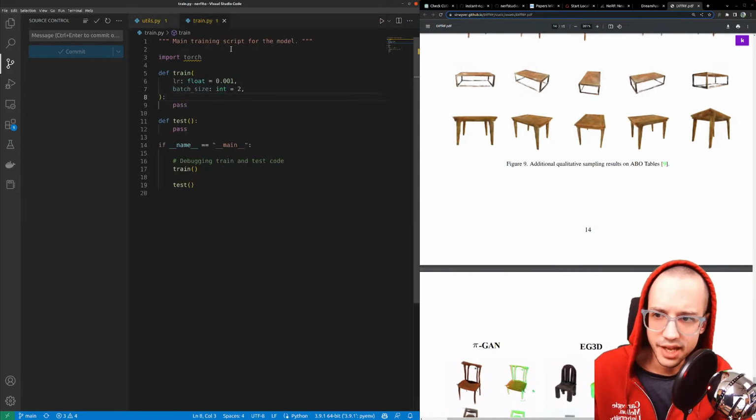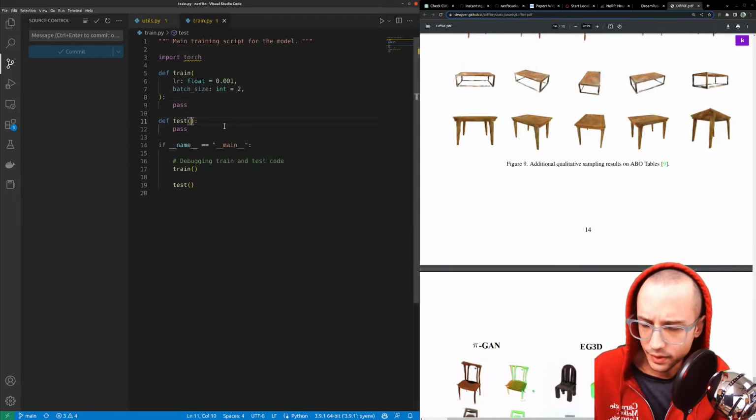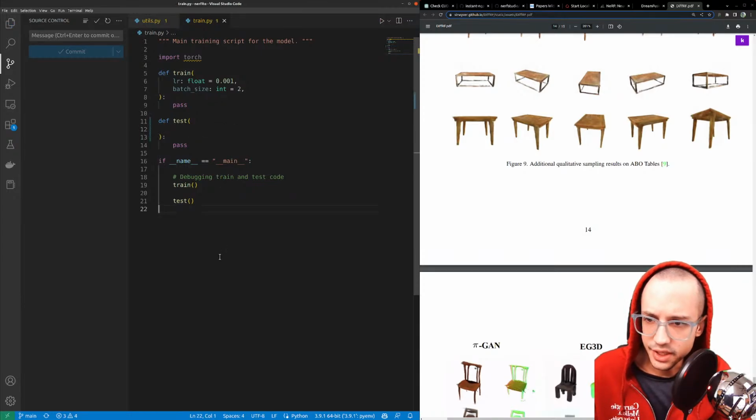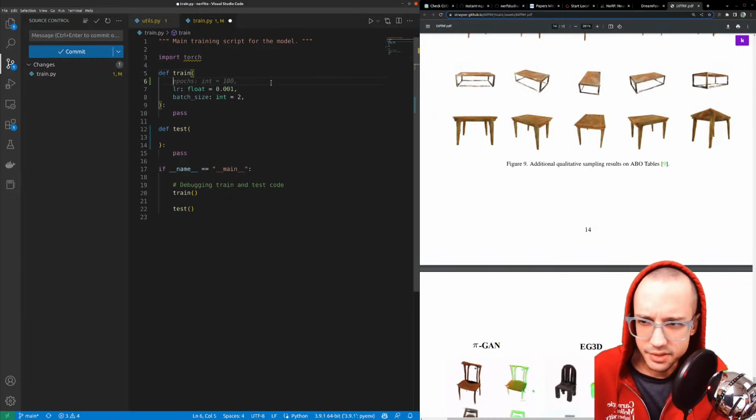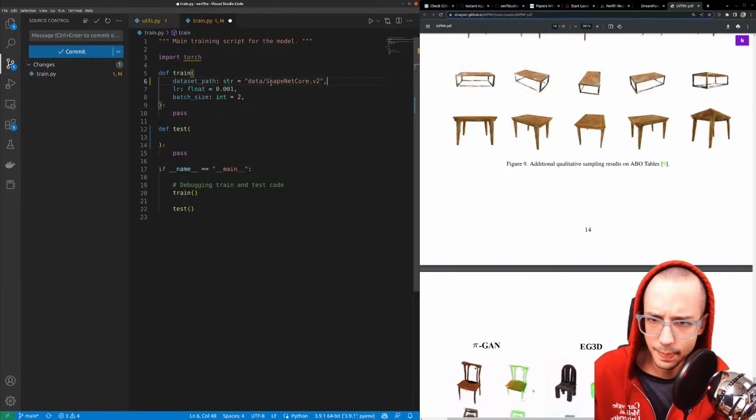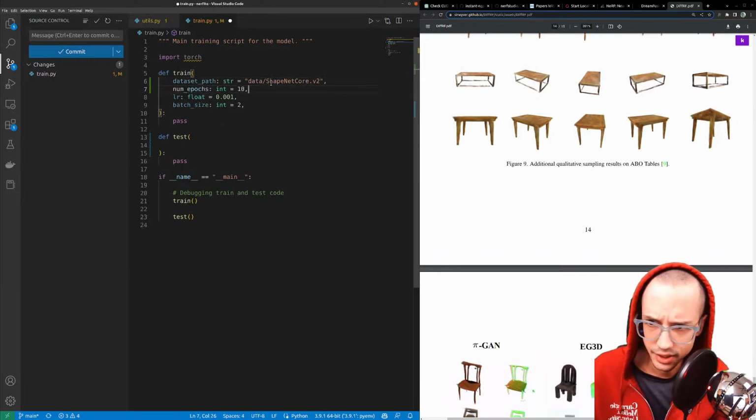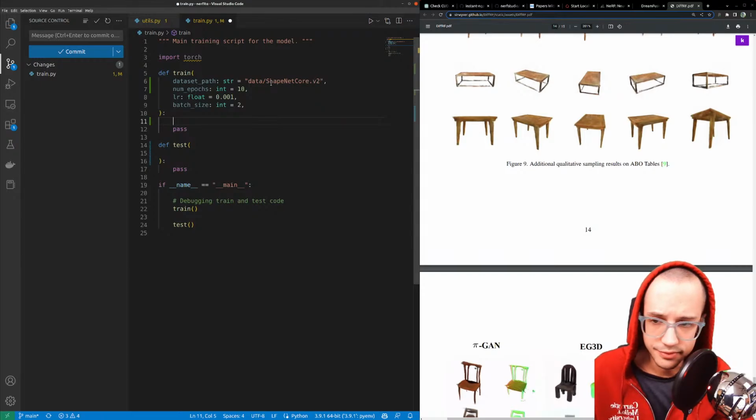So we're working from the outside in. One thing that we need is our kind of data set path, I suppose. We're going to need blocks. So the first part of our training is going to load the set,